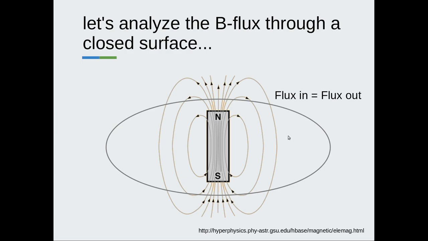So here, let's look at the flux of the magnetic field through a closed surface. Just in your head, imagine you have a big balloon and you wrap your magnet up. Look at the magnetic field just like flows of fluid, flows of water. Let's calculate the flow of fluid flowing in or flowing out of the closed balloon. So if we wrap a bar magnet up, and calculate the magnetic flux,